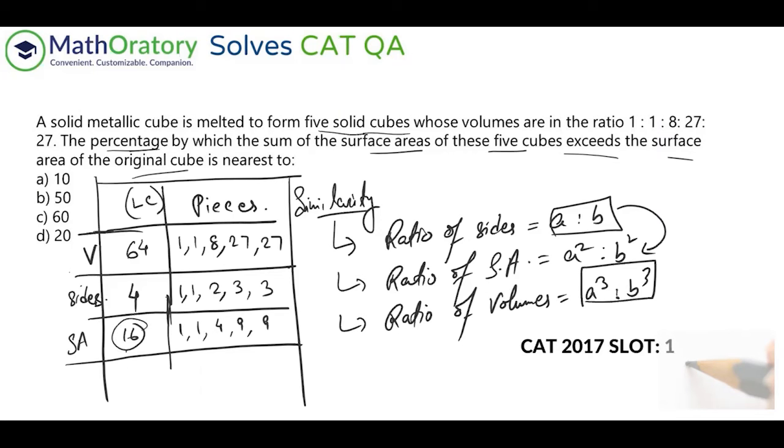So we can consider this surface area to be 16, and the total surface area that we are getting here is 114. So that is 6, and a couple of nines is 18. So this is 24. So we are getting 16 and 24. We are looking for the increase, right? The percentage by which the sum of the surface area of these five cubes exceeds the surface area of the original cube. So the comparison is from the large cube to the pieces. So that's an increase of 8 out of 16, which is half or 50%. So the answer is option B, 50%.